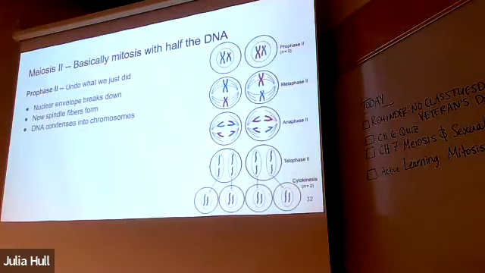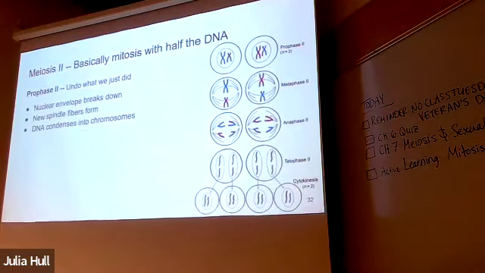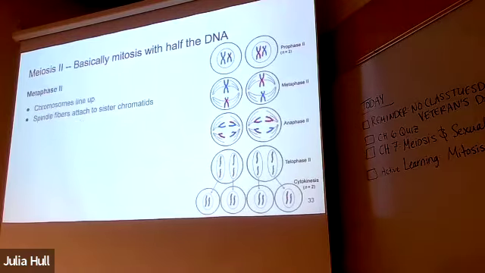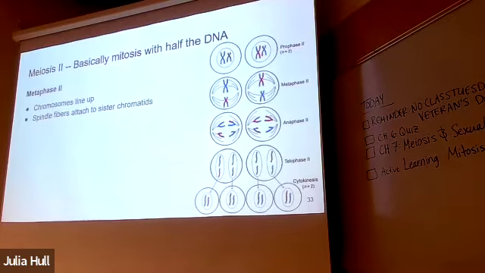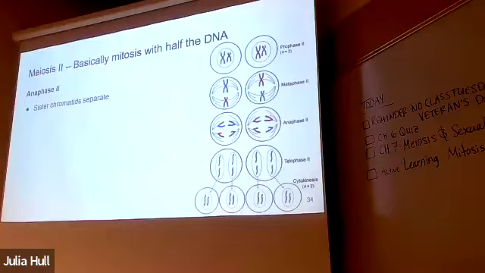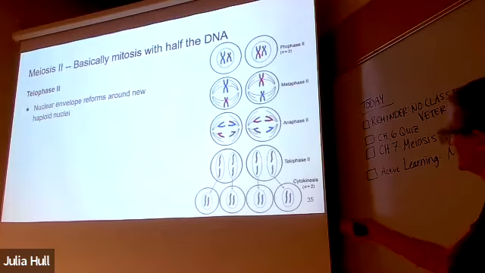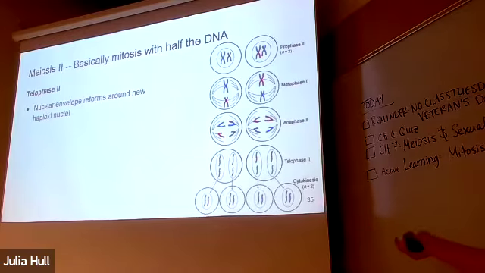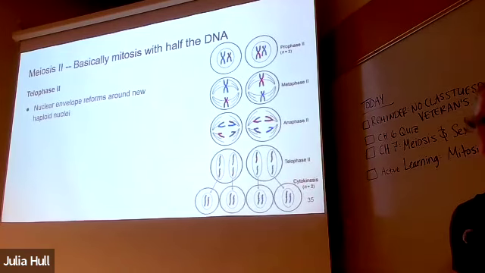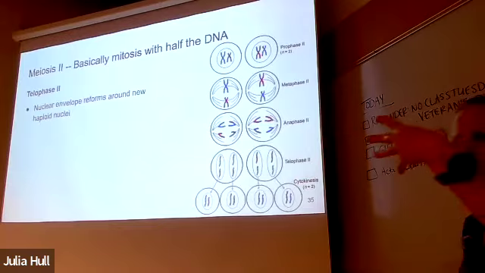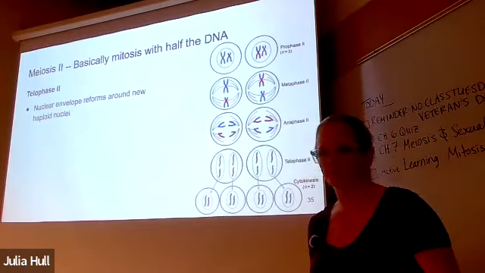Okay, prophase: get rid of the nuclear envelope, spindle fibers, spaghetti to Cheeto. Line up those chromosomes in metaphase 2, attach our spindle fibers to our sister chromatids so we can pull them apart. Same thing. And then in telophase 2, we reform our nuclear envelopes around each of the new nuclei, and then we undergo cytokinesis, and that gives us 4 cells that are genetically different from each other.